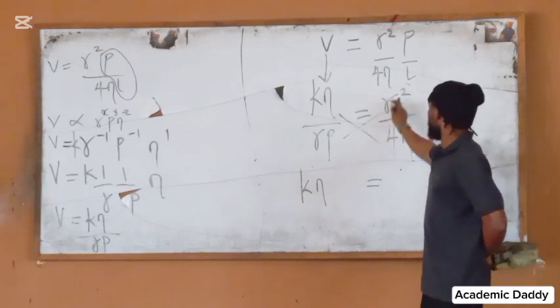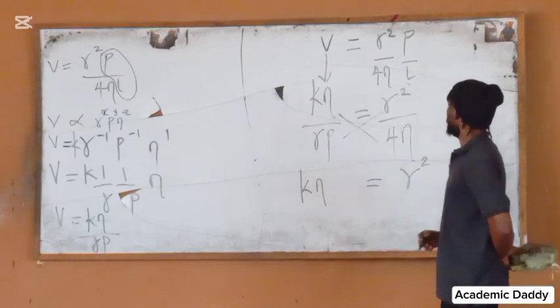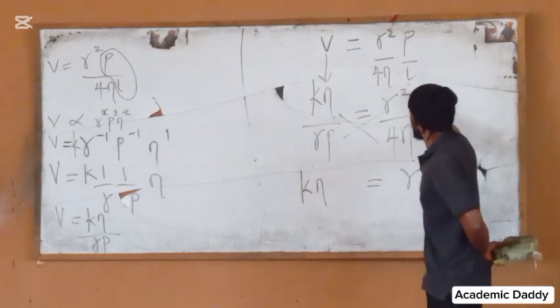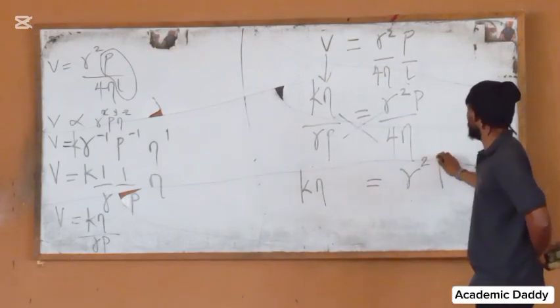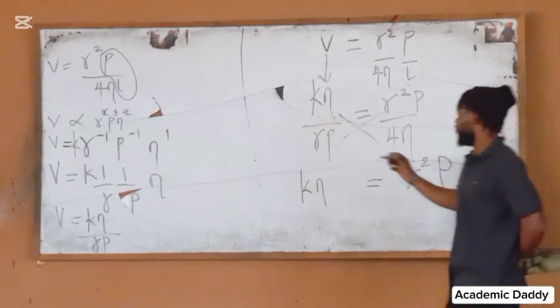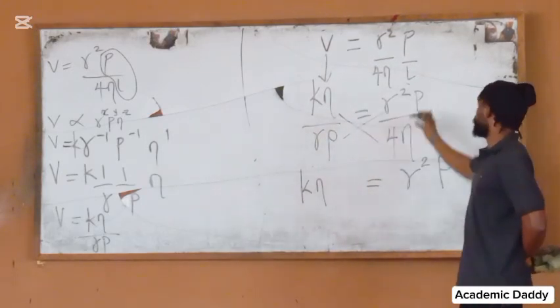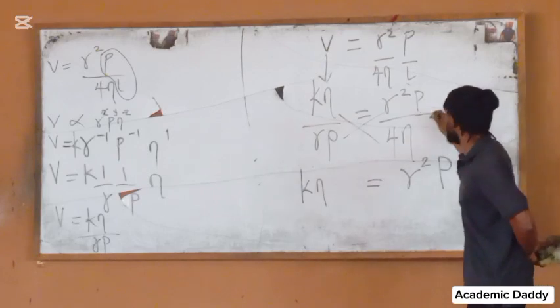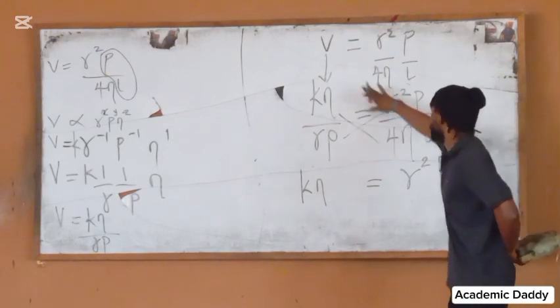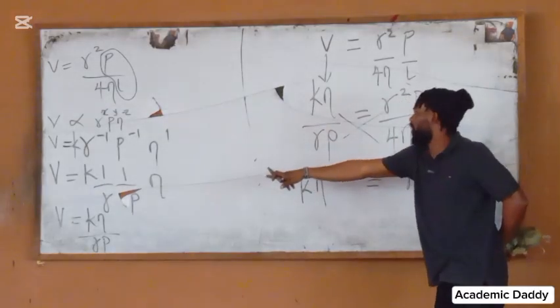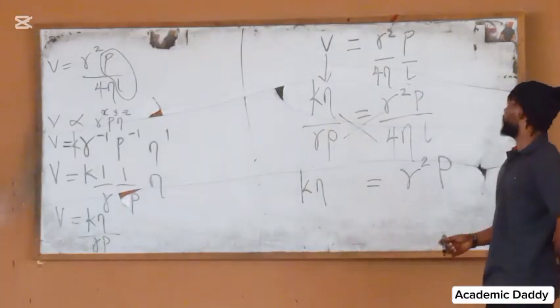Equals to, let me take this, R square. Then, remember that this one has this here. R square, then pressure. Let me write this one as rho so you understand it. This one is rho. This one is pressure. Then it has over L. I'm just bringing everything here down. Then I'm replacing V with this value I've gotten by dimensional analysis. So if I do it,